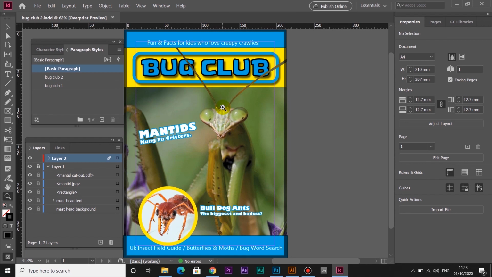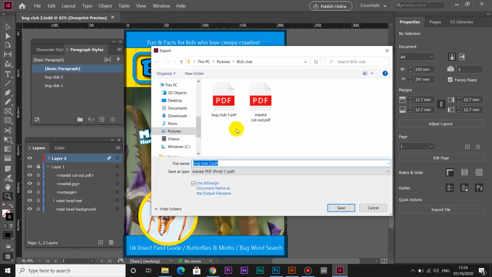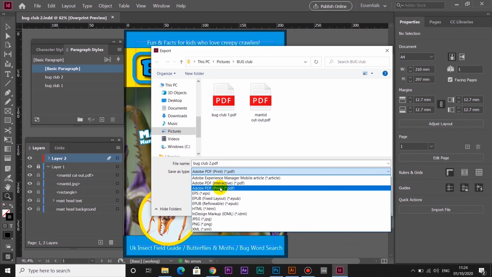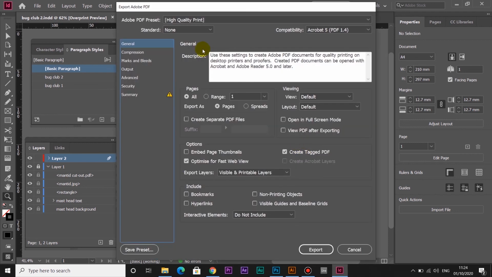And then as with Premiere and video, you're going to export this. The InDesign file is not the complete finished product. So we go to file, we go to export, and then we're going to do it as an Adobe PDF. That's the best thing to use. And then click on save, and it'll bring up this dialog window. We want high quality print. We click on export,